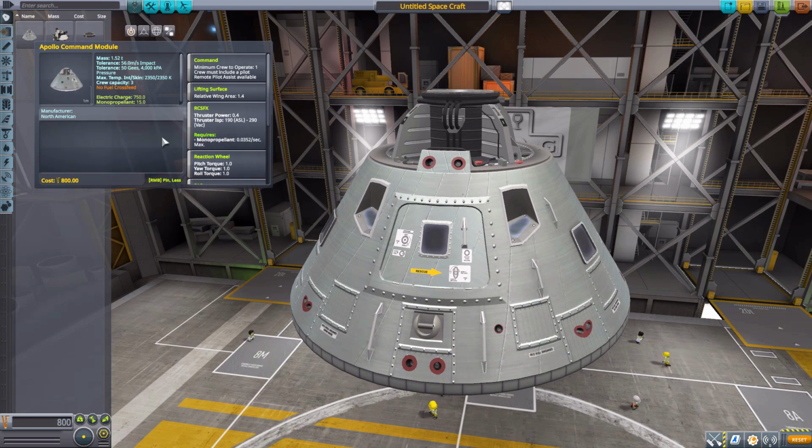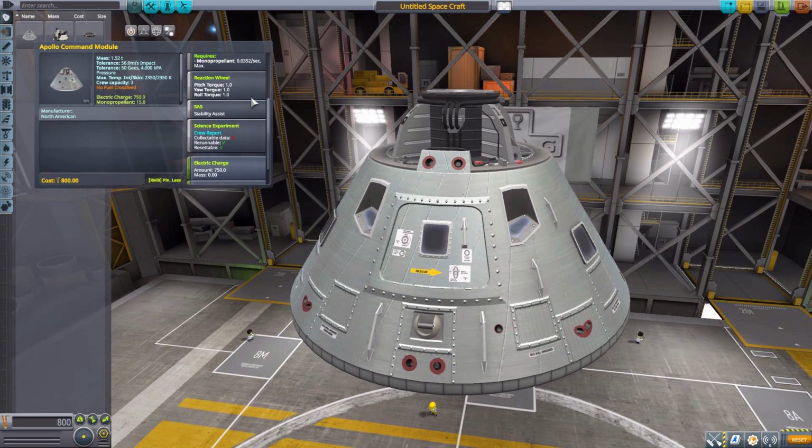So as for the stats on this thing, it of course is a command pod requiring one crew member to operate, with a maximum capacity of 3. It is a lifting surface, has built-in RCS, reaction wheel, SAS, the typical crew report, 750 electric charge, and 15